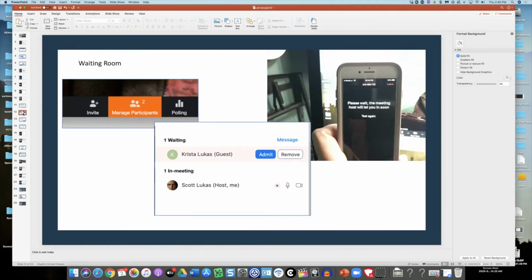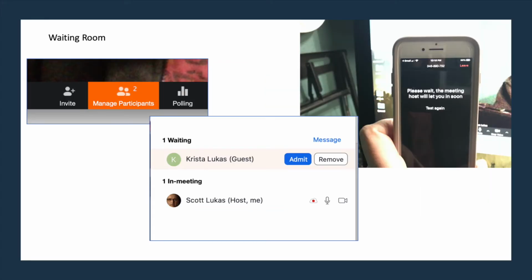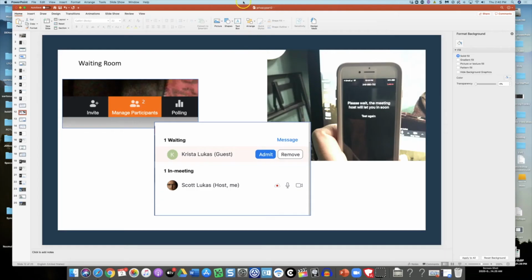So what will happen is you'll start the meeting, and if your meeting is scheduled for, say, 2 p.m., if you start at 1:50 and people log on, you could allow them into the meeting. What will happen is once your Zoom launches and you see your control bar either at the top or bottom of the screen, it'll start to turn orange. And that is indicating that people are waiting for you.